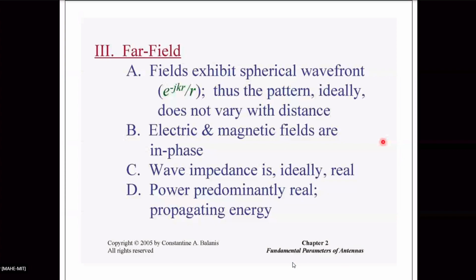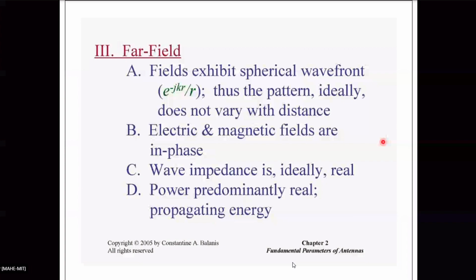KR. What is K? 2 pi by lambda. You have studied that in EMW, wave propagation. When it propagates, the phase angle at a point depends on omega t, that naturally will be there, and on distance. Now it is propagating, taking time to reach the point at distance R, so there is a phase delay. The phase delay contributed by that distance is jKR. What is K? 2 pi by lambda into R.